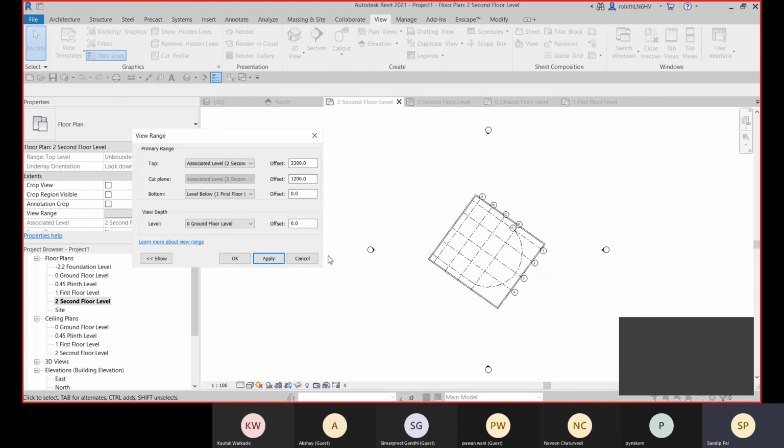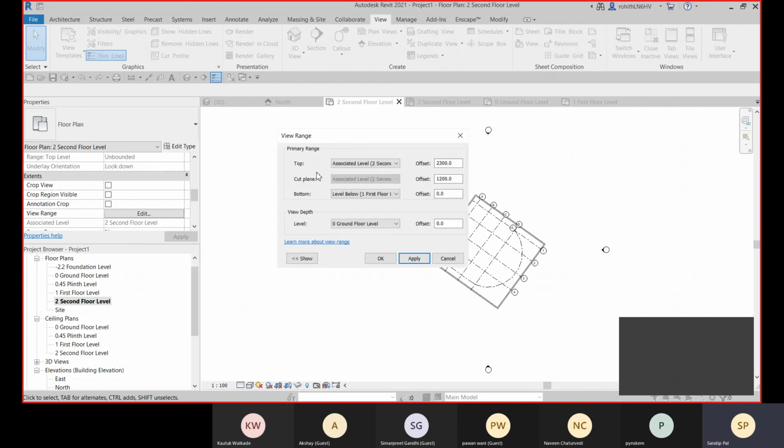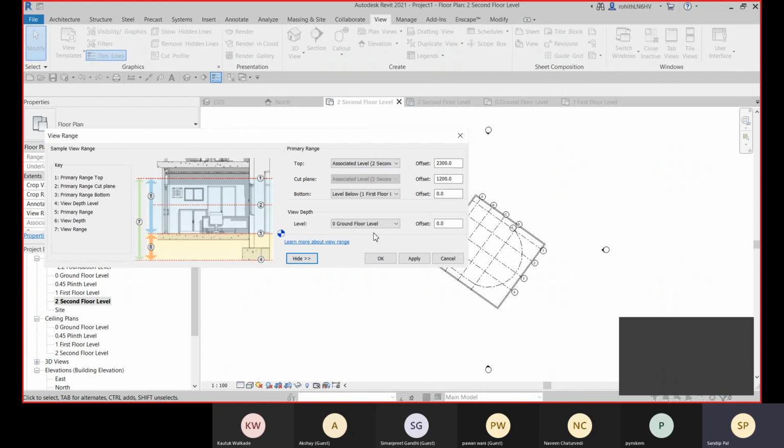All right, so that is for today. About the view range, I need to go in depth. This view range is a critical topic to understand. I am just finishing it here.